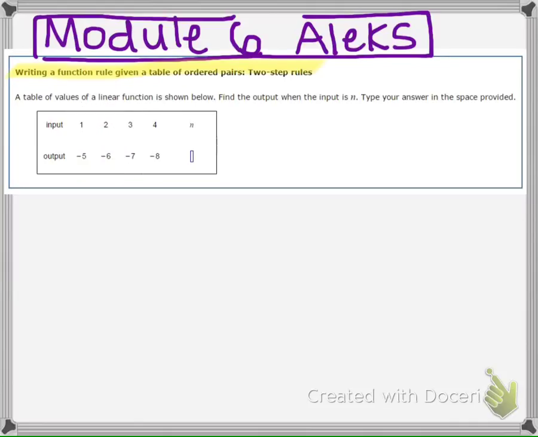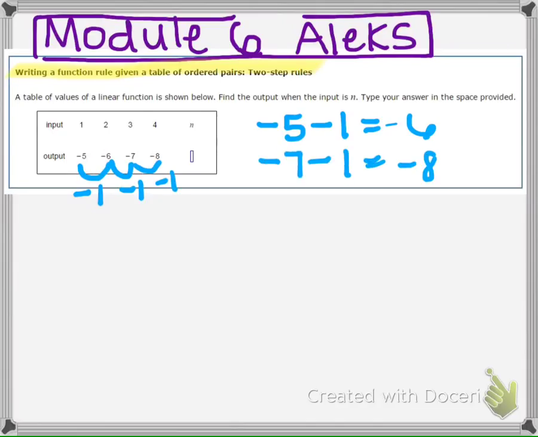So first thing we're going to do is observe what's changing here. From -5 to -6, we're subtracting 1. So -5 minus 1 is -6. And then from -6 to -7, we're subtracting 1. Every time we're subtracting 1 to get these values here. And then if we look at our input, it's just going up by 1 every time. So the first thing I'm going to try is I'm going to take this -1, I'm